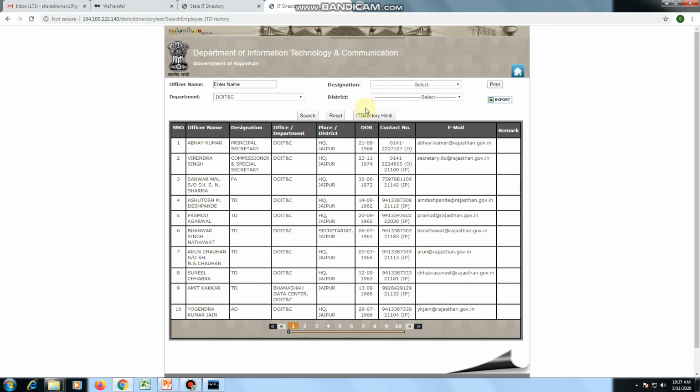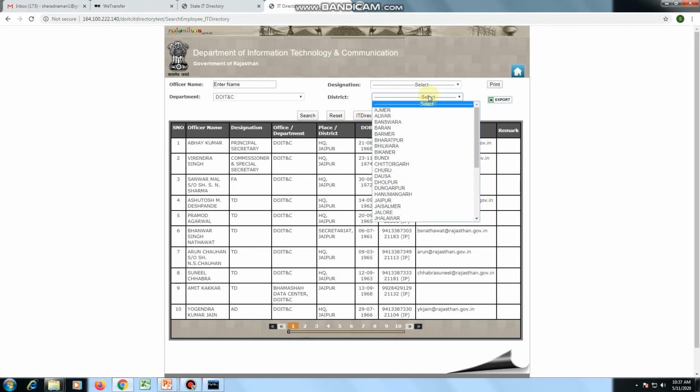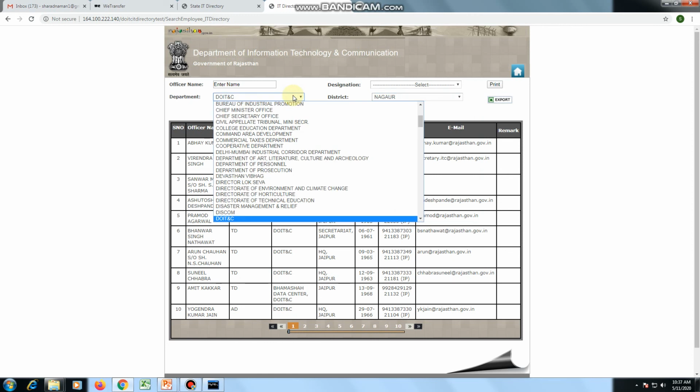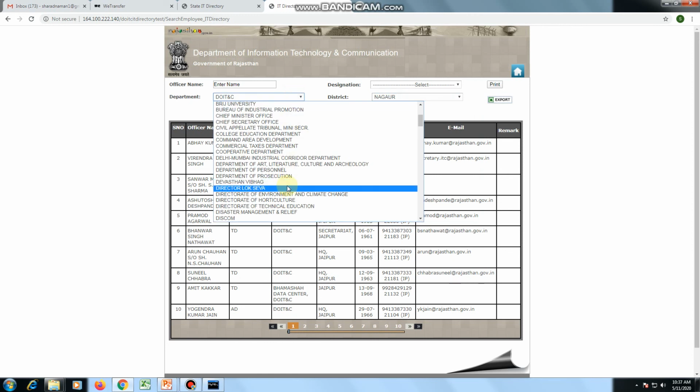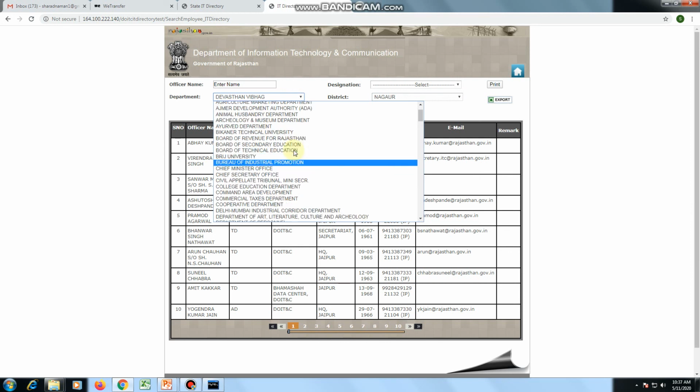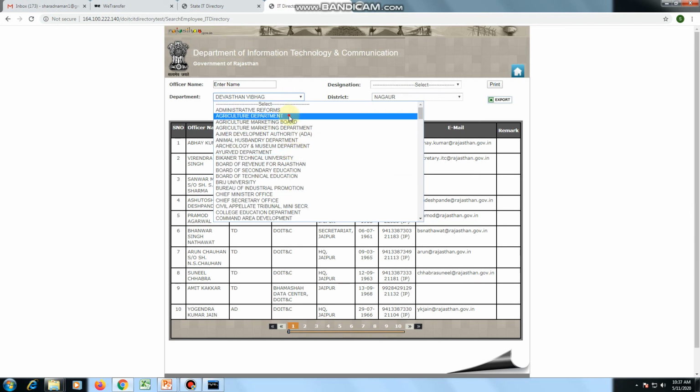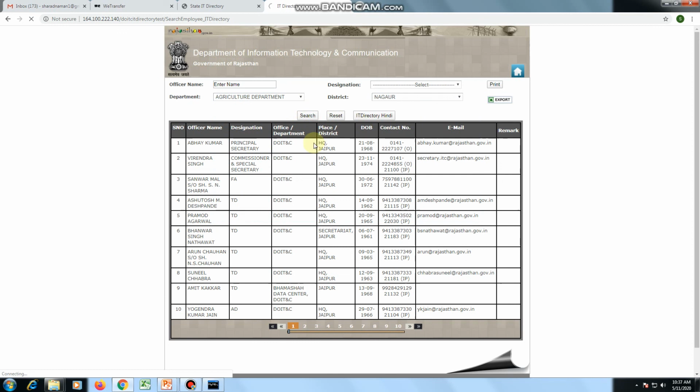Here we can also filter according to two different columns. If you want to display employees only from Nagaur district and with a particular department, like the agriculture department, then we can search employees like this.